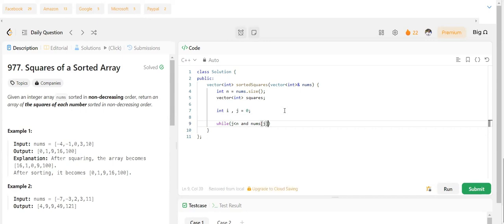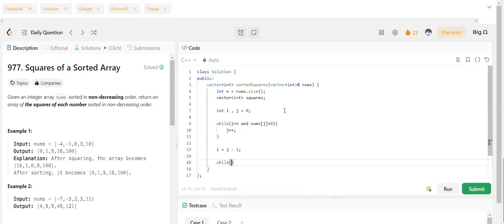So we will iterate the while loop while nums of j is less than 0, and we will do j plus plus. Once we get the position from where the positive numbers start, we will update the position of the negative numbers, that is i equal to j minus 1. Now we will compare the squares of positive and negative numbers, and we will push the smaller one first. So while i is greater than or equal to 0 and j is less than n,